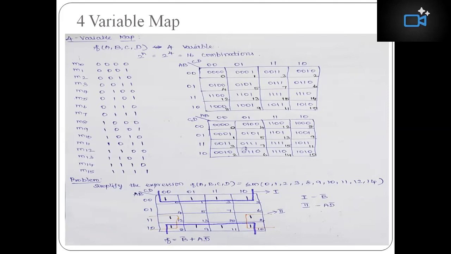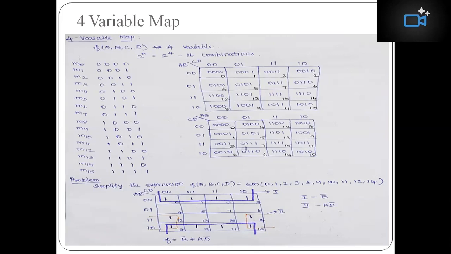Why did I say earlier that the binary representations of 2 and 3 are swapped in the position of the minterm? Since in asynchronous circuits, only one bit can be transmitted at a time. That's why we are writing like this. Then do the same for the columns also, that is for the CD variable combination. We have 0, 0, 0, 1, 1, 1, and 1, 0. Then write the binary values in each block with respect to its row and column. Do it for all the blocks.